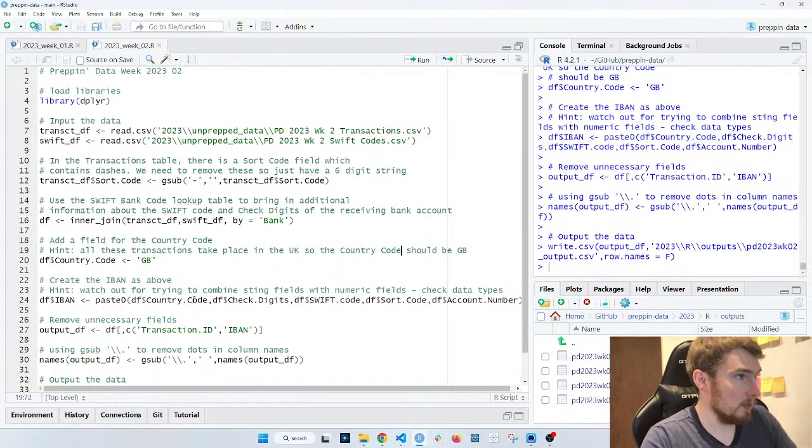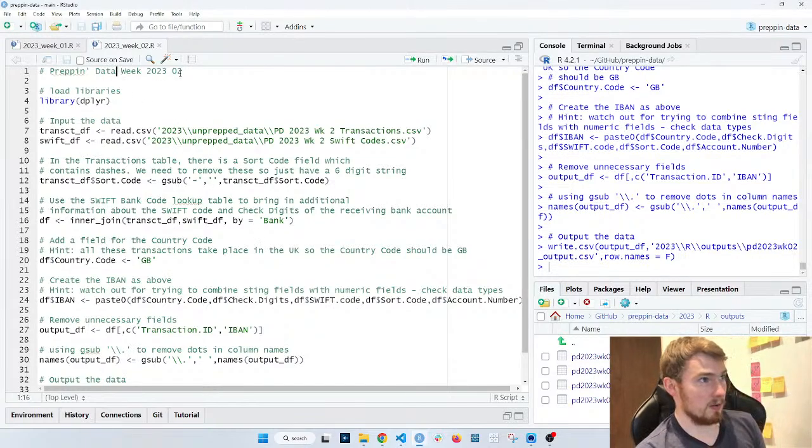Okay, so to recap on what we did for Preppin Data week 2, we loaded in our dplyr library. We needed that for certain functionality later on. We had our transaction dataset and our Swift dataset that we loaded in as well, called those underscore df for data frame. In the first case, we wanted to take the sort code and remove dashes from in between.